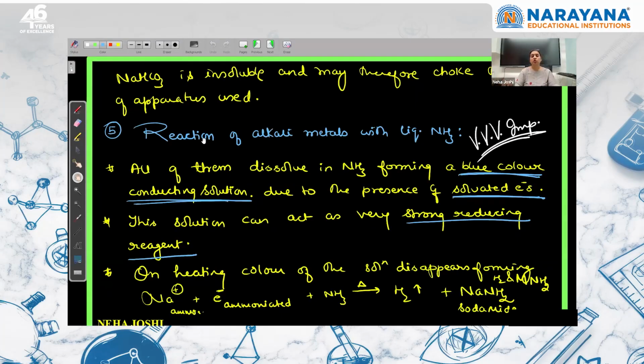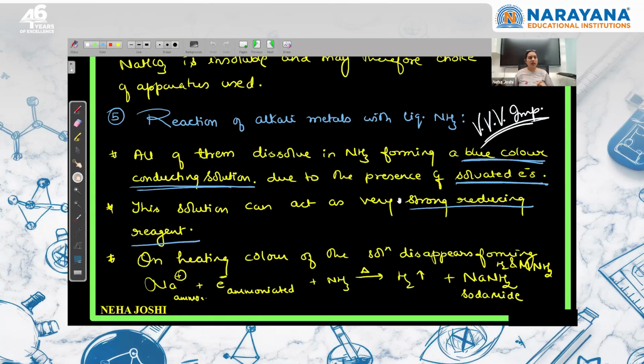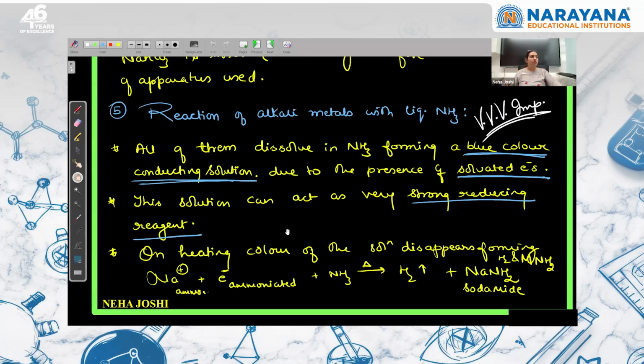That is why KOH is preferred over NaOH. Okay. Next is the reaction of alkali metals with liquid ammonia. Very, very important. All of them dissolve in ammonia, and when they dissolve, they form